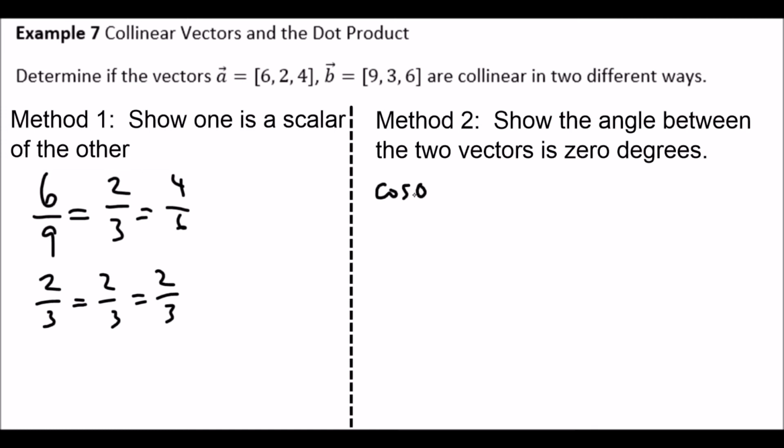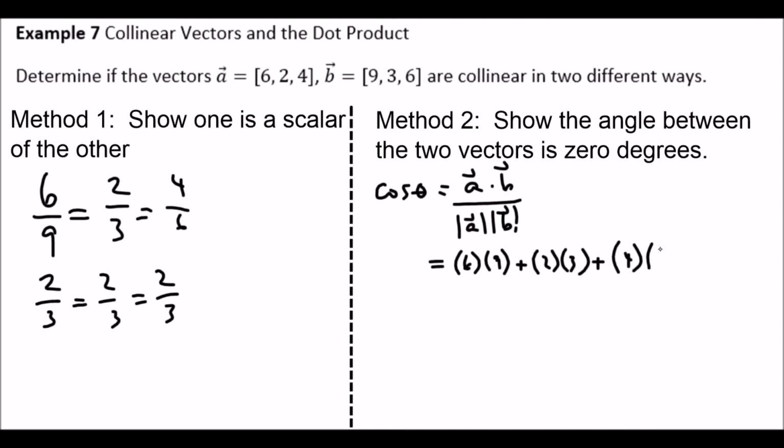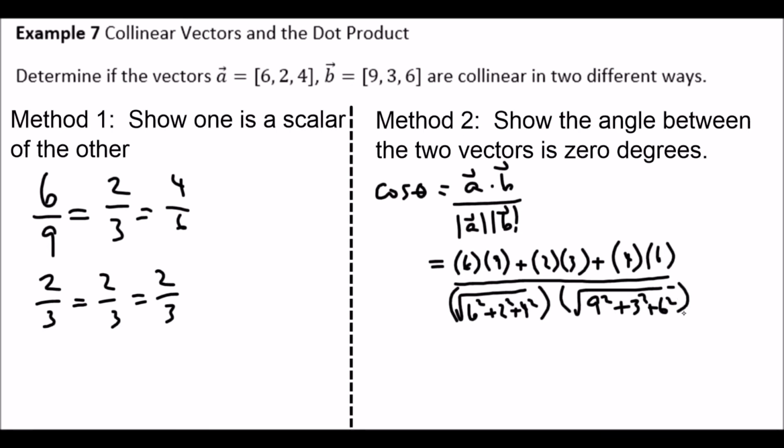So I'm going to do cos of theta is equal to A dot B over magnitude of A, magnitude of B. So here we go, A dot B. Multiply them together: 6 times 9 plus 2 times 3 plus 4 times 6, all over the square root of 6 squared plus 2 squared plus 4 squared, times the square root of 9 squared plus 3 squared plus 6 squared. And so this is going to give me